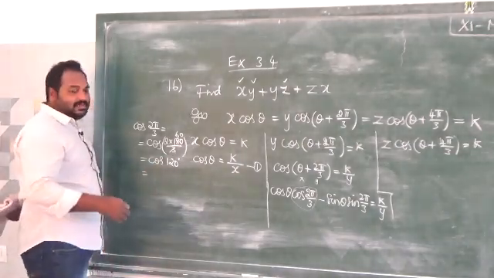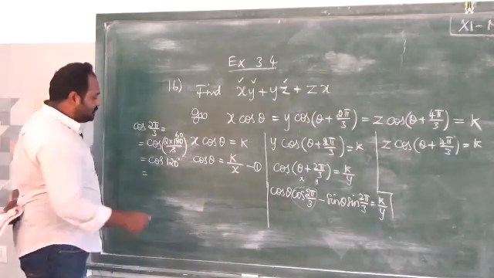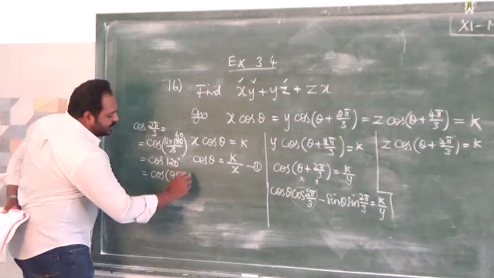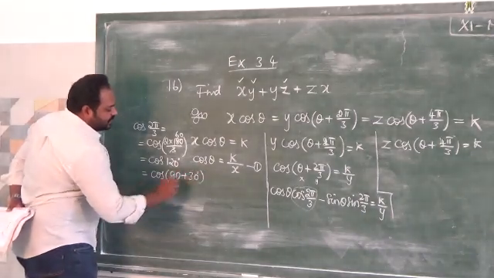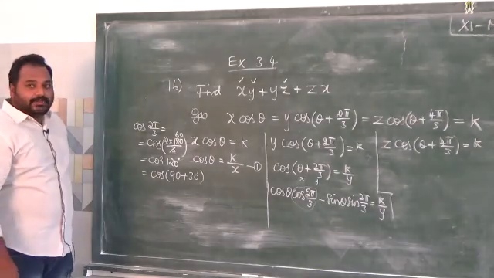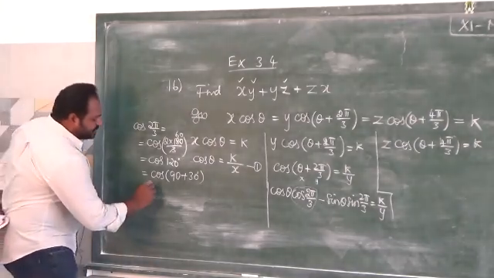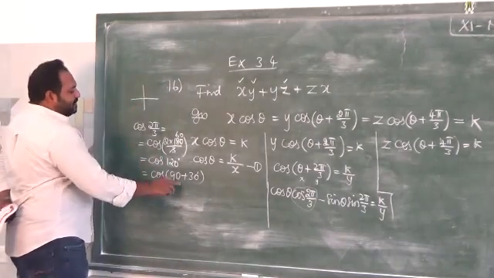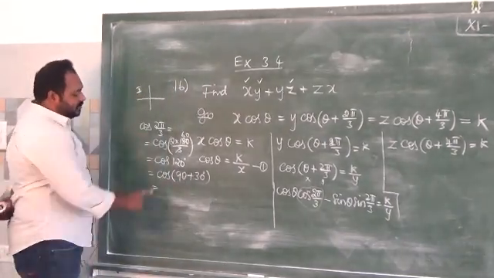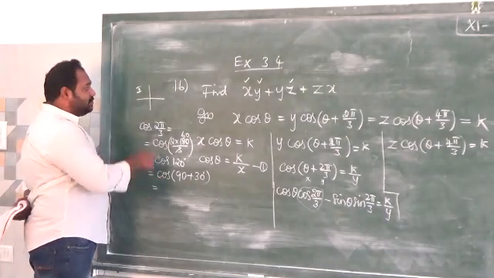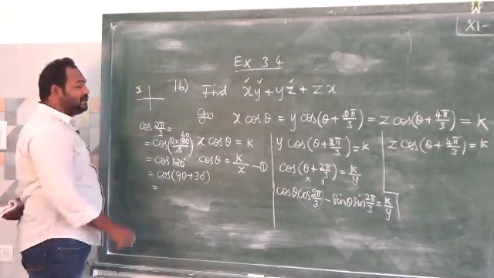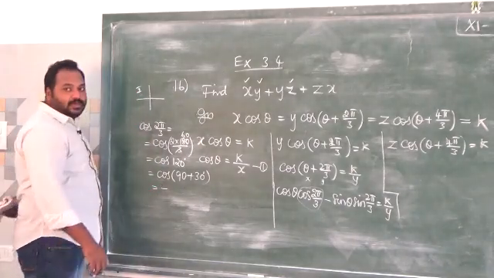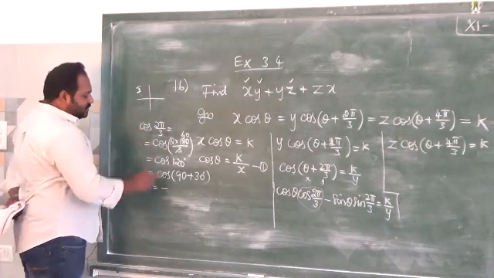Already we studied how to find values for more than 90 degrees. Here I am going to split this value: we can write 120 equal to 90 plus 30. First we have to check the quadrant. 90 plus 30 is in the second quadrant. In the second quadrant, cos is negative, because only sine and its reciprocal are positive, all other things negative. So cos (90 plus 30) is negative.